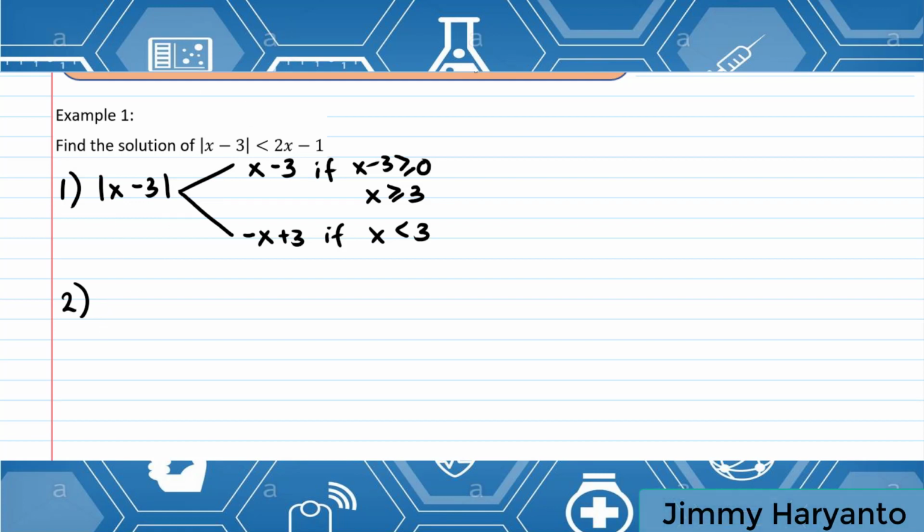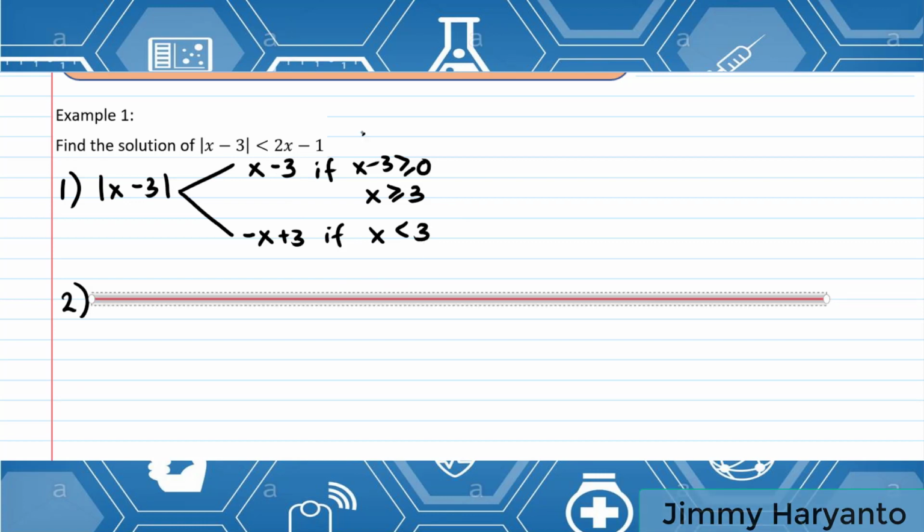The second step is to create a number line and then put the values of x. The value of x is only 3. This one doesn't count because it doesn't have an absolute sign. So the number is only 3. Because this is an inequality, the colored dot and uncolored dot are very important. So at 3, I will give 2 dots.